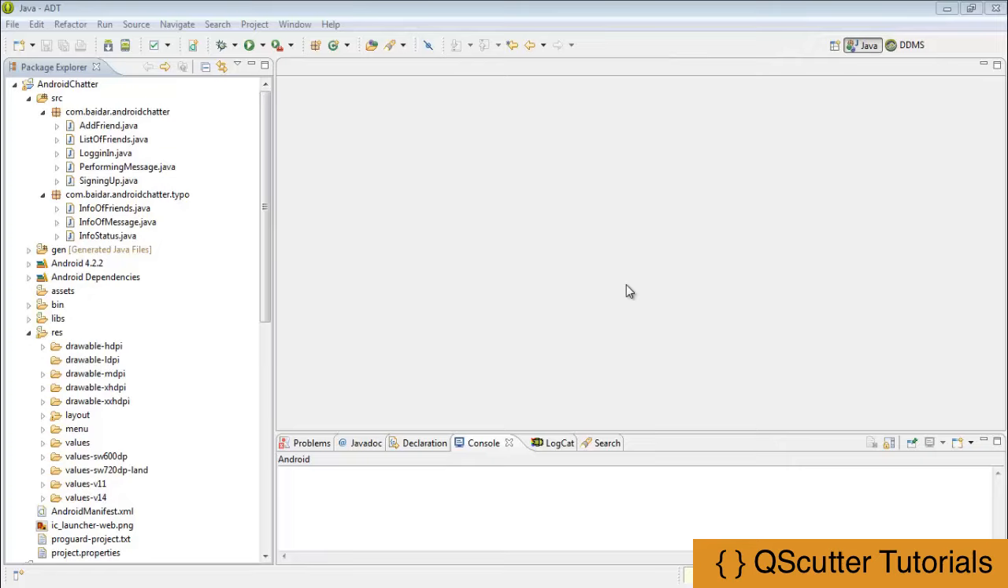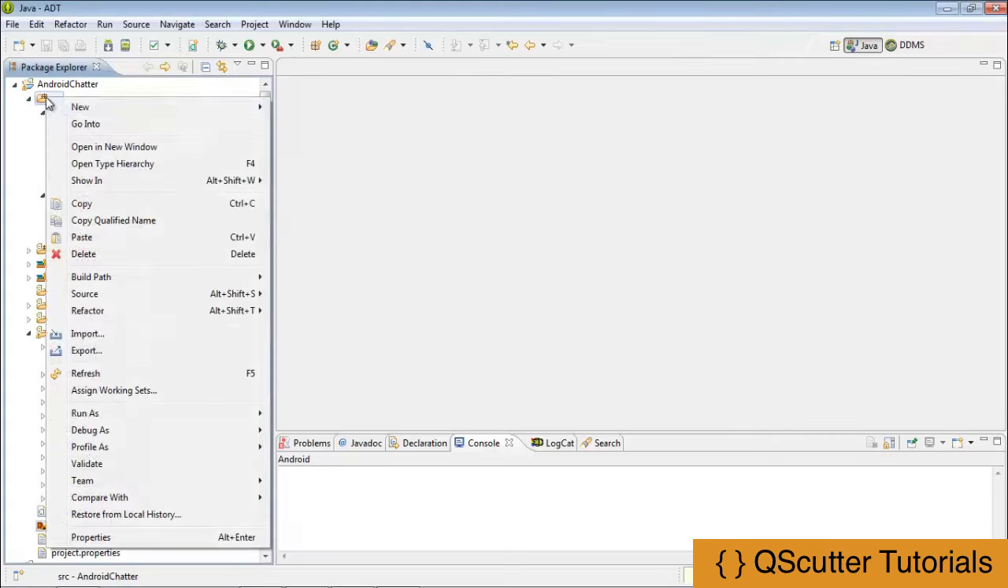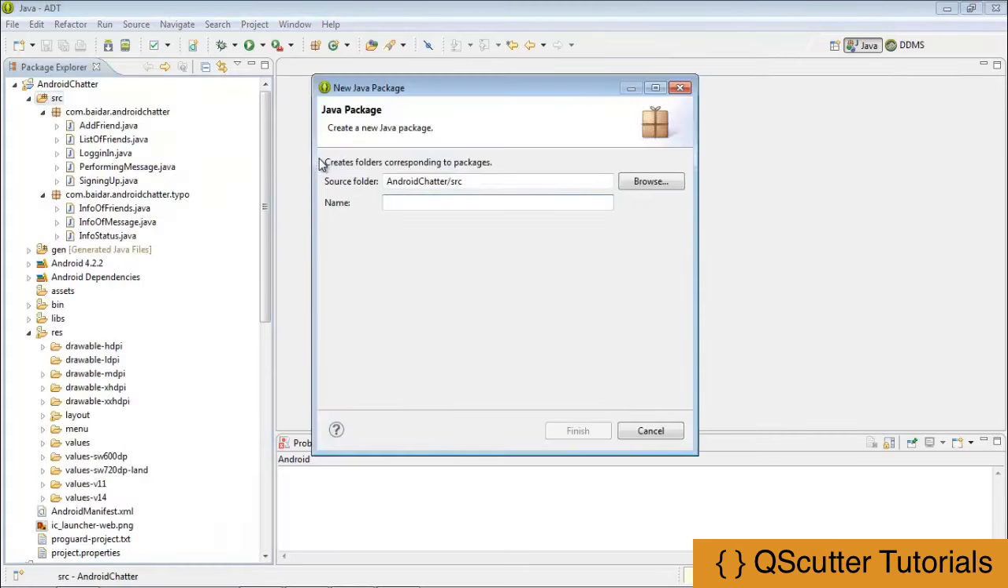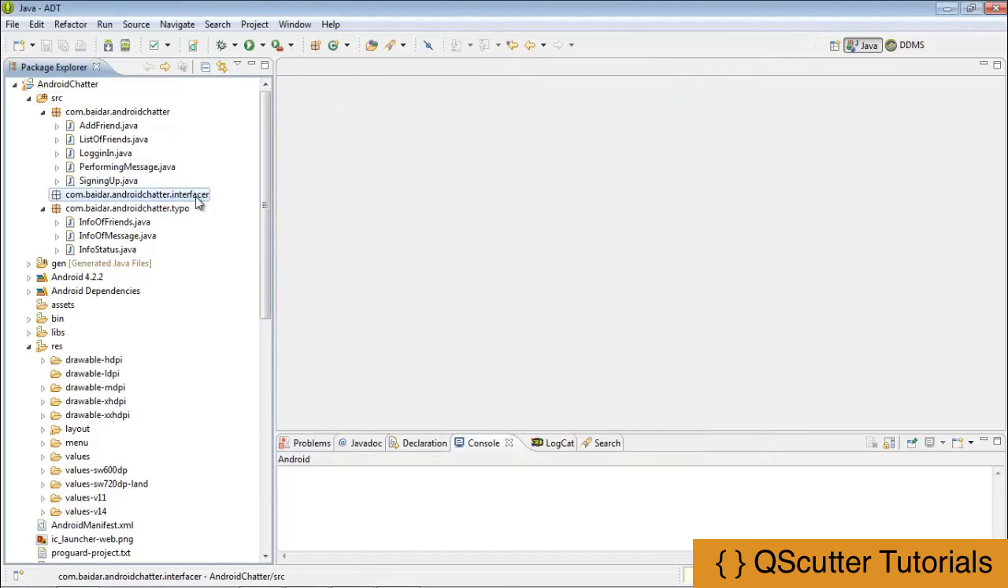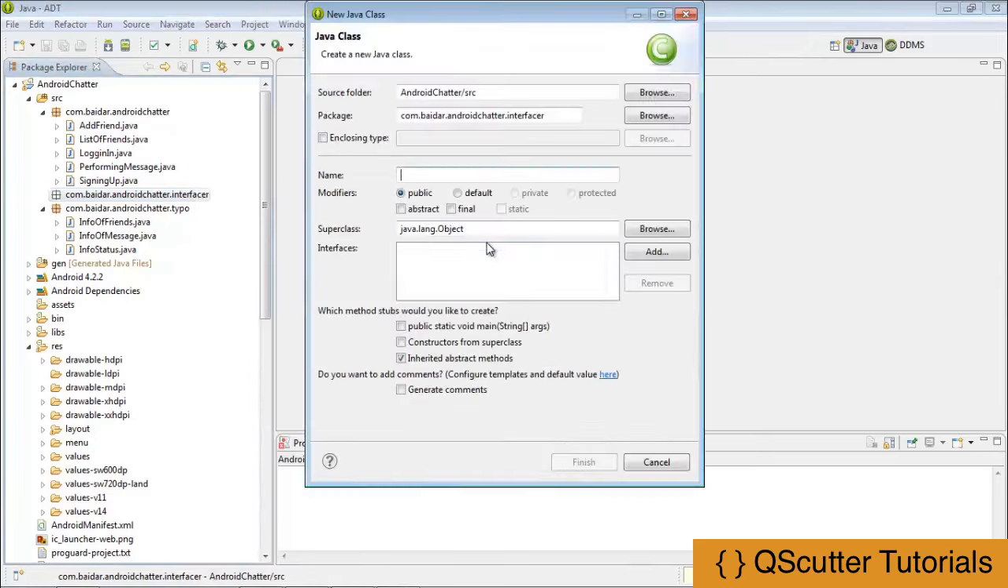We're going to just provide the non-implementation methods in those interfaces, and then the implementation would be done in other classes. So I'm just going to create another package, and that would be like com.weather.android.chatter.interfacer. Interfacer means the interfaces would be in this package, so I'm going to create a new class, and here I'm